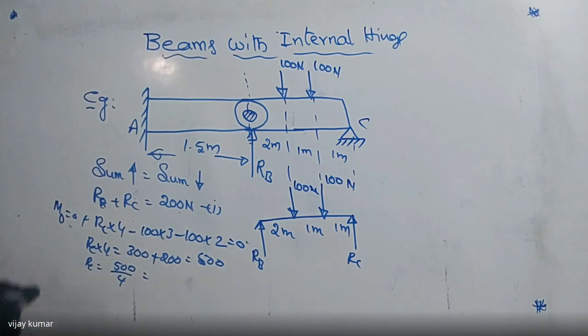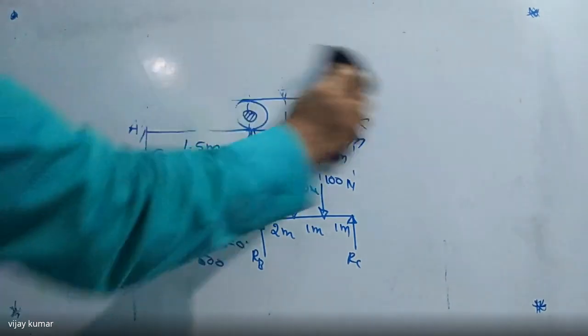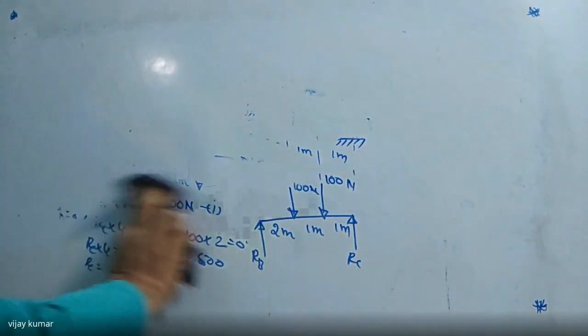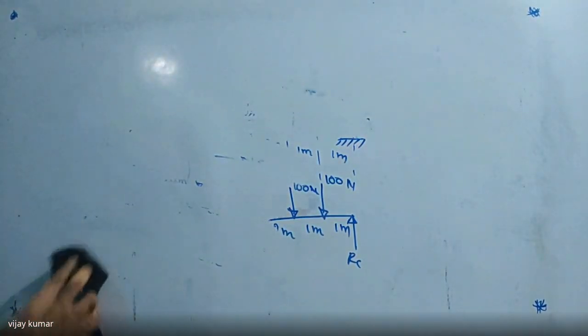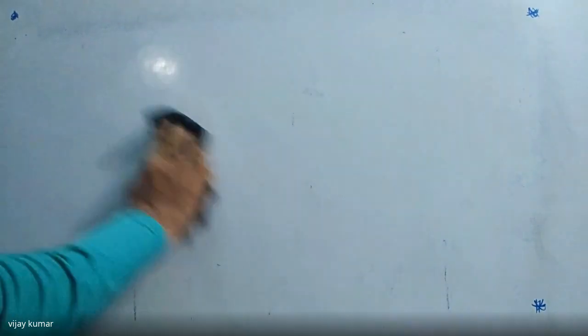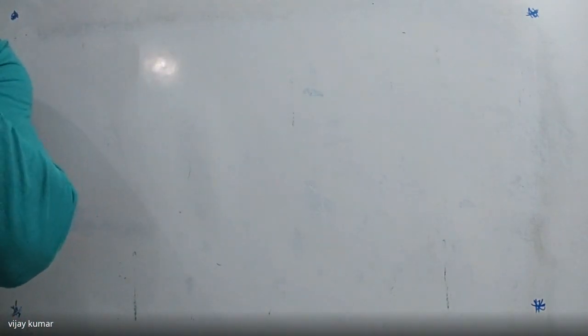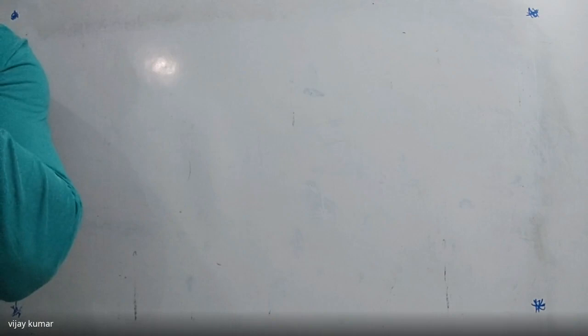for cantilever beam, for simply supported beam, for overhanging beam, which are subjected to point load, UDL, couple, a varying load and internal hinge. And we can draw shear force and bending moment diagrams very easily. Okay, right. Actually, how many beams are we having now? We are having 6 beams now.